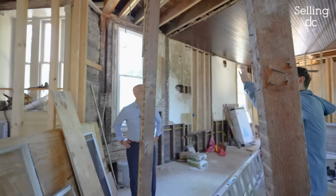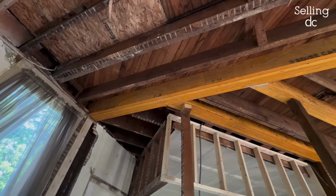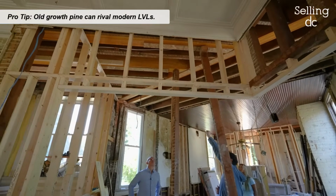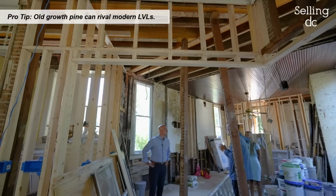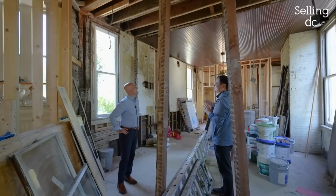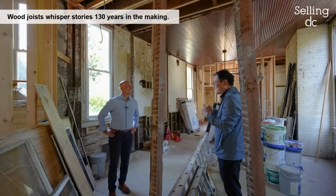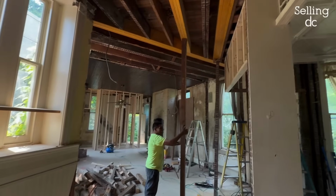I'm glad that you preserve most of them. And by adding these yellow parts, we call it an LVL, which is the laminated veneer lumber. They are, I would say, at least twice as strong as the conventional lumber today, but they are probably just at the same strength as these old school lumber. Interesting. So today with the technology, we still can get the strength, but not the old look. So we size a beam all the way across, so we can take care of all these